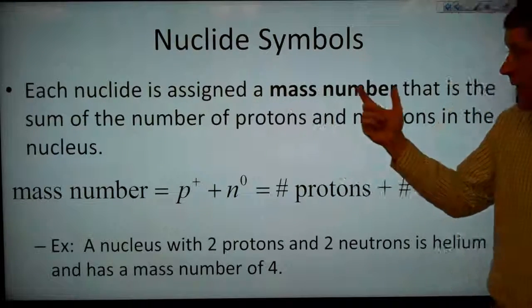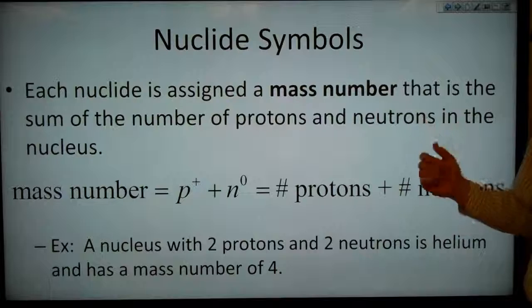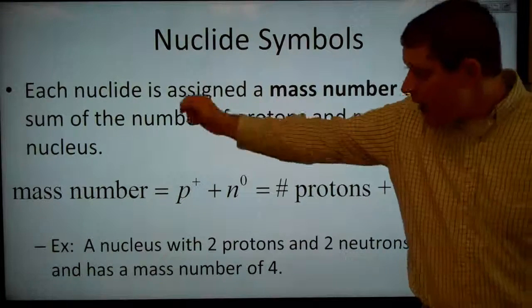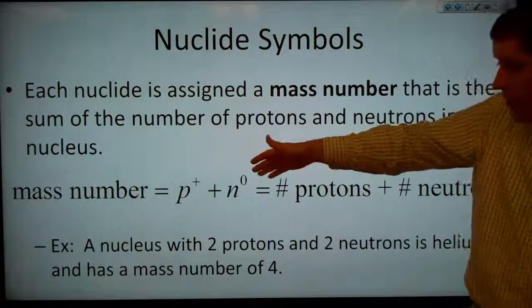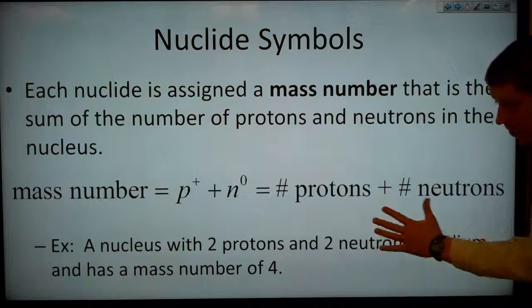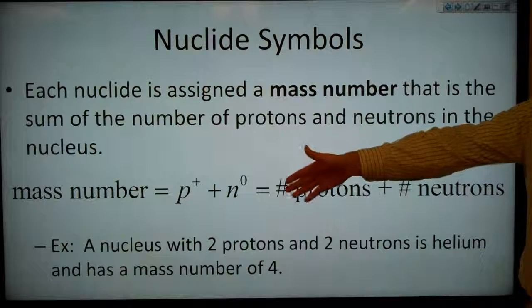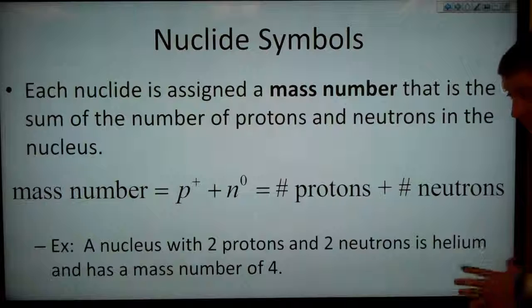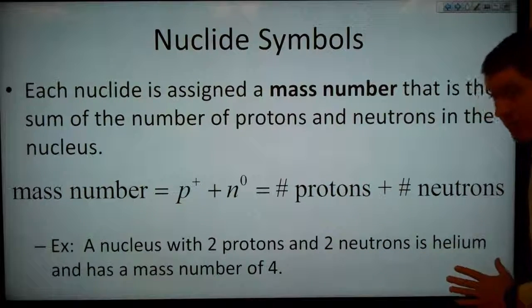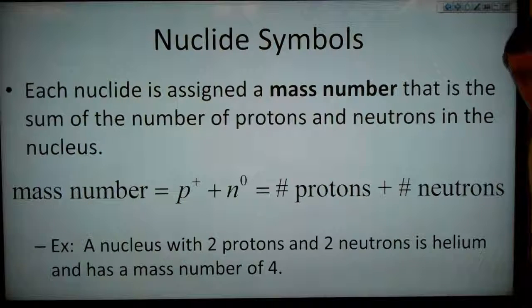Each nuclide is assigned a mass number that is the sum of the number of protons and neutrons in the nucleus. The mass number is the number of protons, P+, plus the number of neutrons, N0, so that's the number of protons plus the number of neutrons. When we add those together, that gives us the mass number. For example, a nucleus with 2 protons and 2 neutrons is helium. Because it has 2 protons, it must be helium. And if it has 2 neutrons as well, then it has a mass number of 4, because 2 plus 2